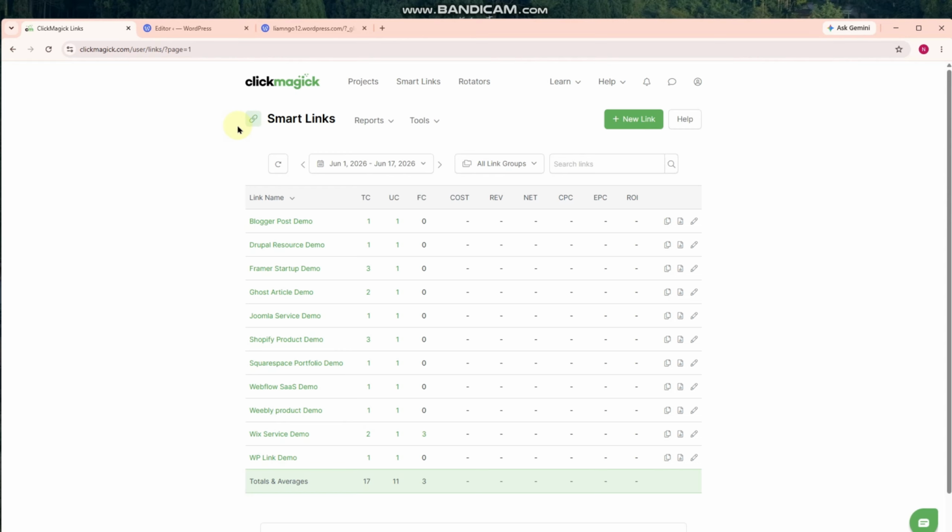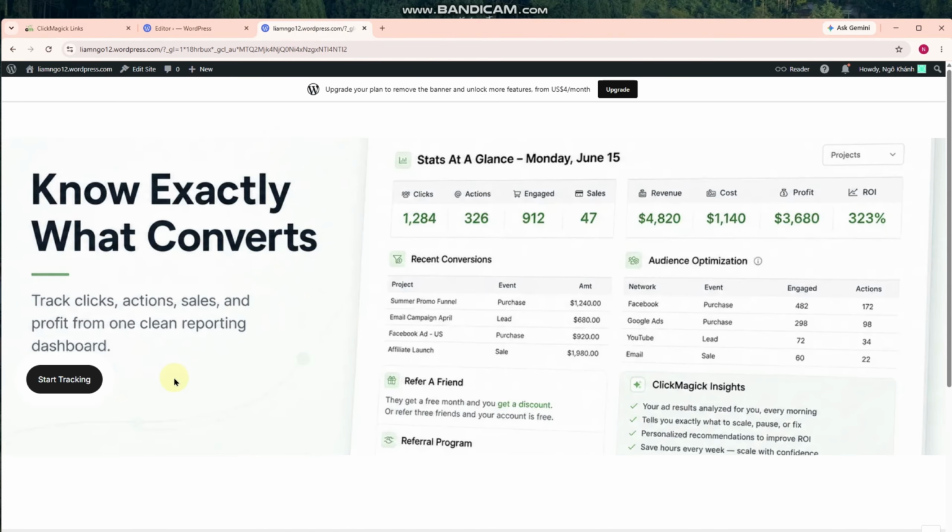Let's get started. For this example, I am using my WordPress demo page inside the Elementor editor. The button is controlled in Elementor. The destination is an Elementor landing page that visitors should reach after clicking. Here is the button I want to track. At the moment, it uses a normal direct link. That direct link can send visitors to the landing page, but it does not give me a simple ClickMagic report